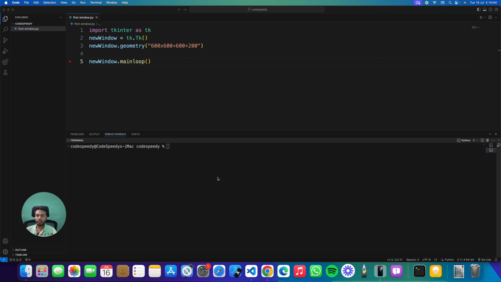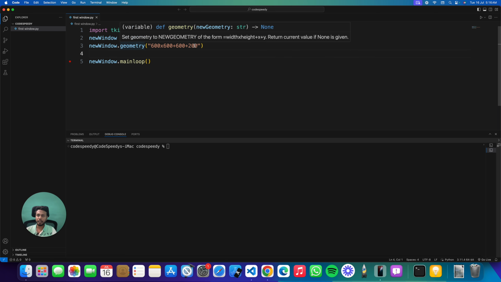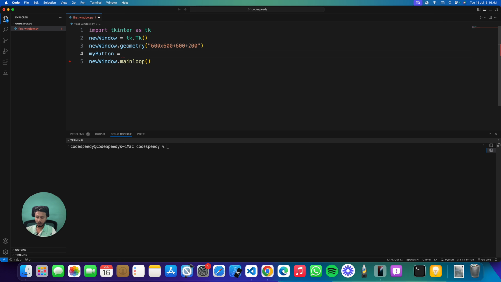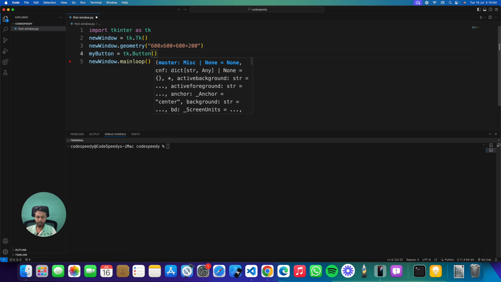So let's start. To make this video shorter, I have already created a window. This is a new window and I have set the size. Now I will create a variable. In this variable I am going to store my button. So in order to create a button, you have to use this button method, and in this button method we have to insert several